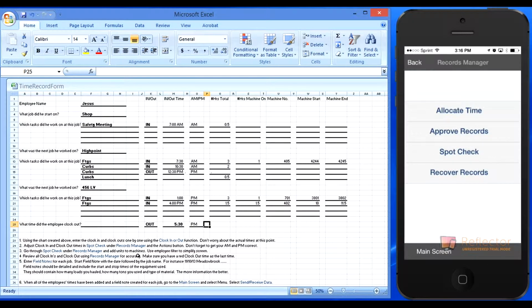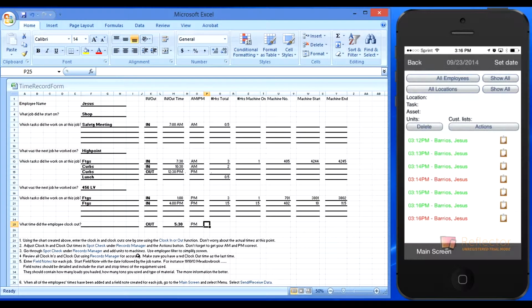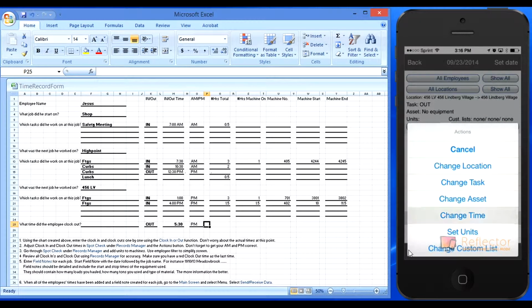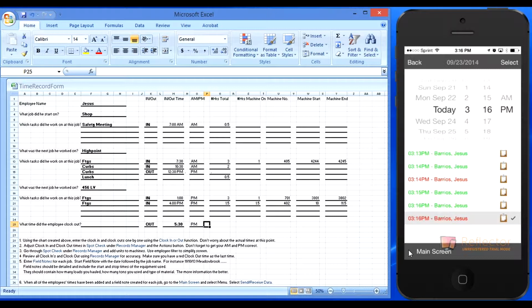So hit Records Manager, spot check, and you'll notice that there are 5 green and 2 red. The 5 greens are the clock ins, and the reds are clock outs. So I'm going to fix the times on the clock outs first. I'm going to select this last one, hit action, change time, and I'm going to make it say 5:30